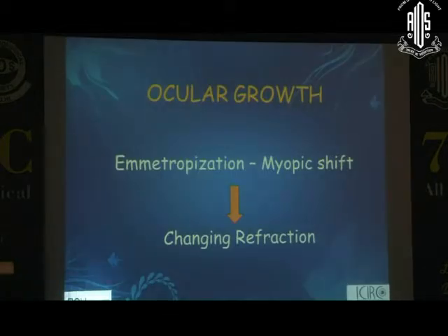Now, another important factor which influences the IOL power in this pediatric age group is axial length, for which we need to understand the dynamics of ocular growth. In the process of emmetropization, as the axial length increases, there is a myopic refraction. In a normal eye, this myopic refraction is compensated by change in crystalline lens power. As you all know, the globular lens becomes flat, 34 diopters becomes 18 diopters, so this myopic refraction will be compensated. But after cataract surgery, that is either aphakia or pseudophakia, this myopic refraction will not be compensated. So in later stages, they will end up in a myopic shift. This is a very important factor which we all need to keep in mind.